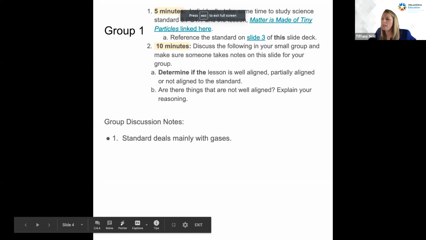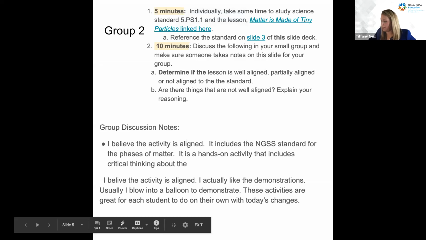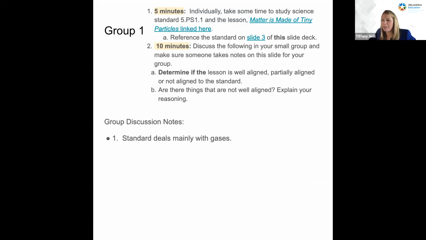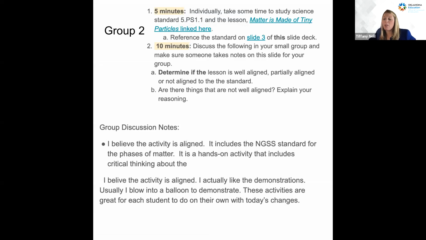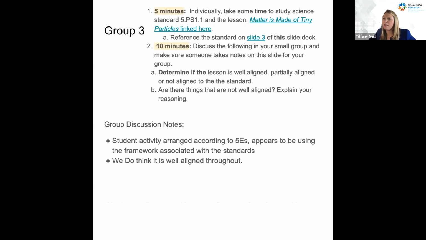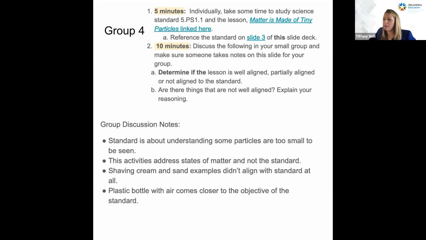In group 1, it looks like they just documented that the standard deals mainly with gas. Group 2 believes that the activity is aligned, it's hands-on, provides demonstrations. Group 3, the lesson is arranged in a 5E and we think it's aligned throughout.